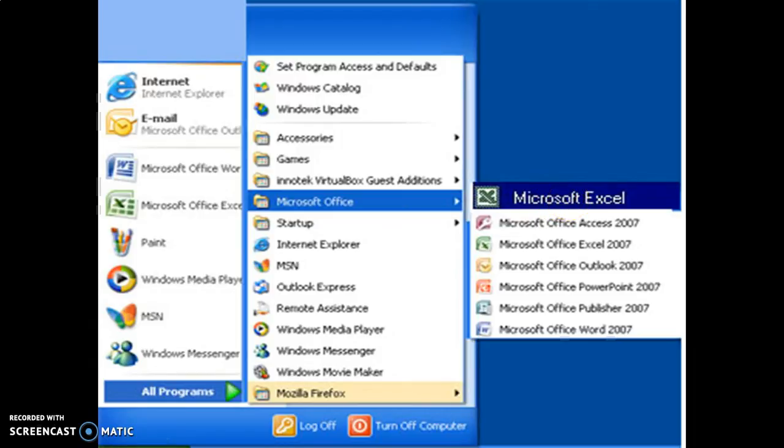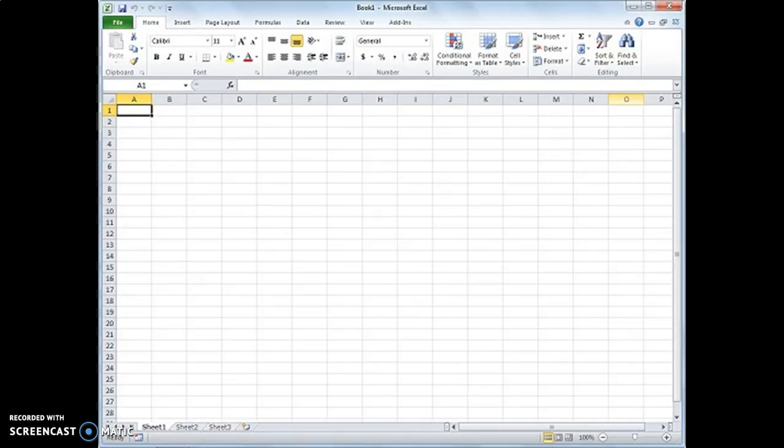Once you click on Microsoft Excel, the spreadsheet looks somewhat like this. On top, as you can see, there are different tabs. You have file, home, insert, page layout, formulas, data, review, view, and add-ins.